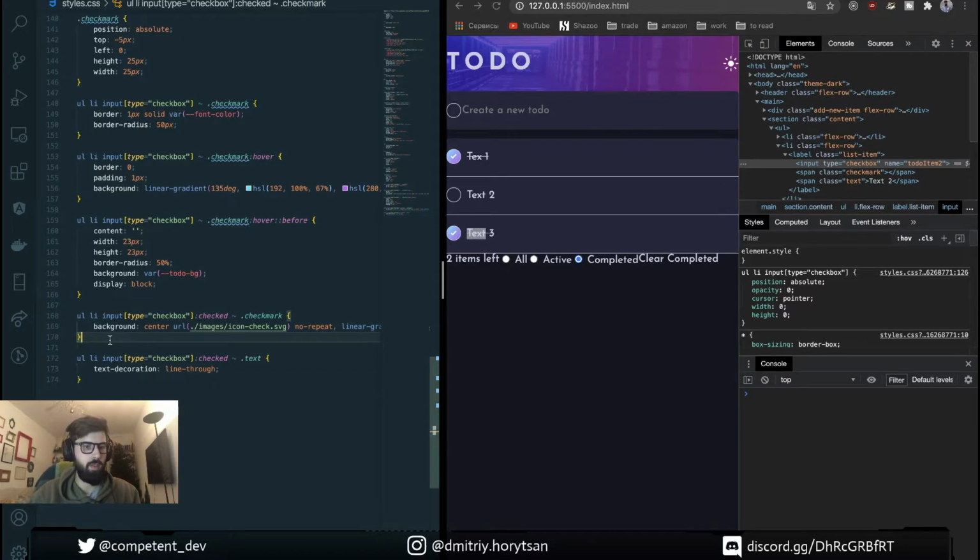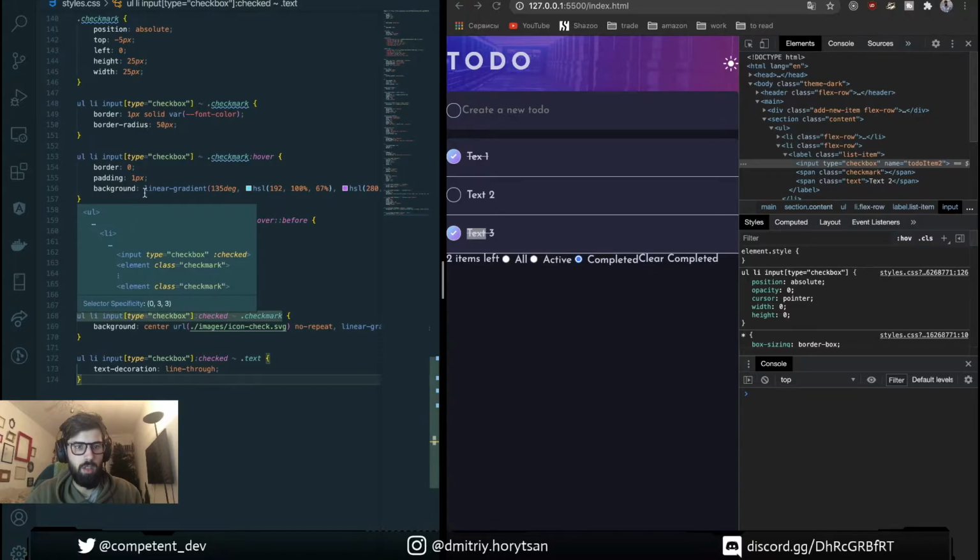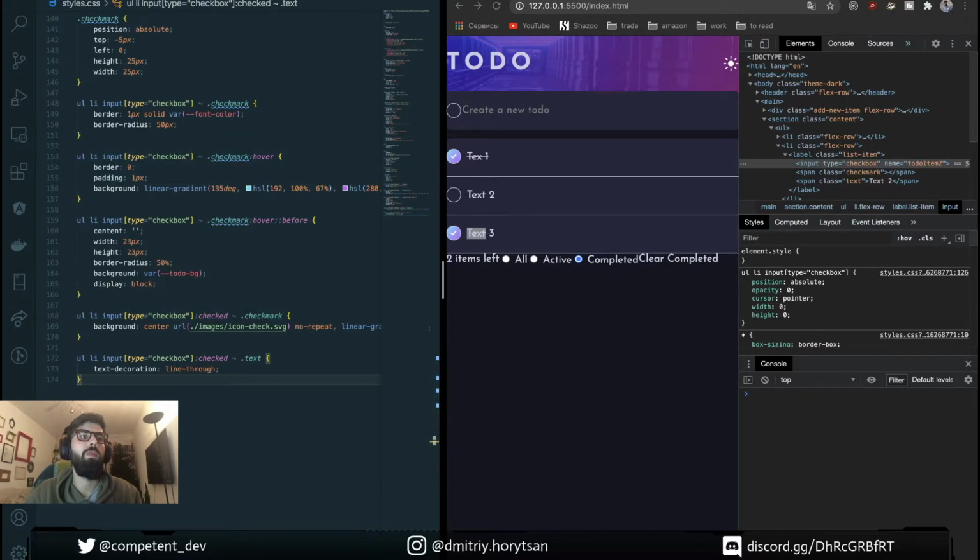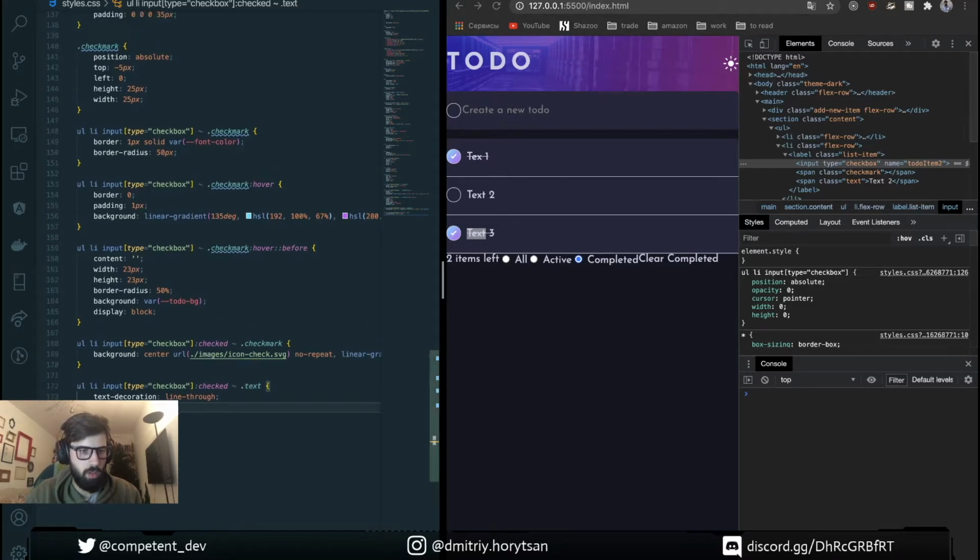Seems good. Okay, let's finish with our bottom items. Also we need to remove this border. Yeah, let's finish with bottom items.